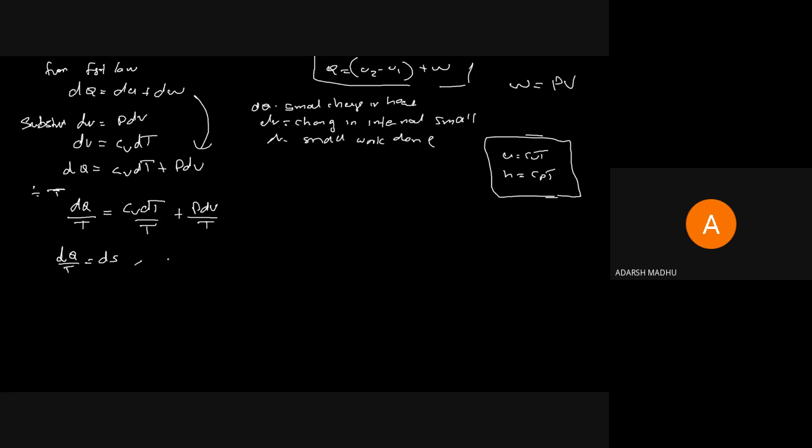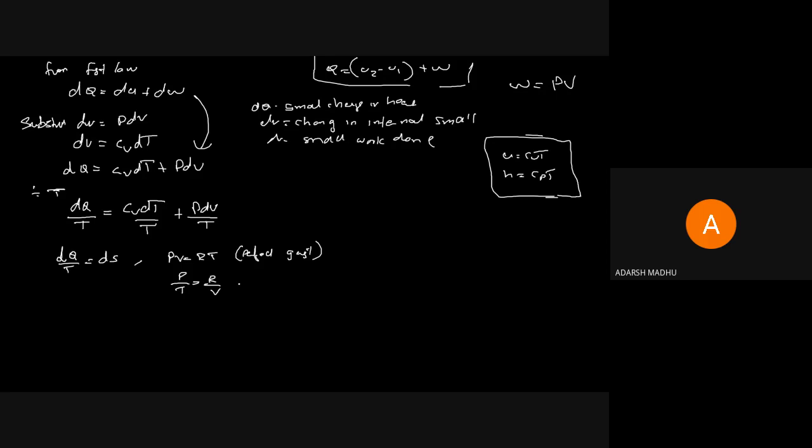And we know that PV equal to RT for a perfect gas. So we arrive at a substitution for P by T. Here PdV by T is there, and we substitute for P by T. Since PV equal to RT, therefore P by T is R by V, right? R by small v.